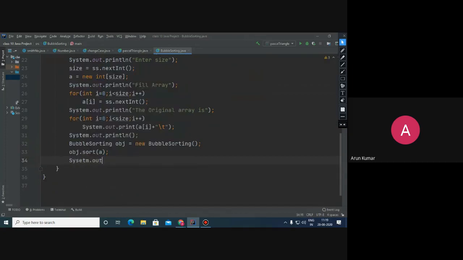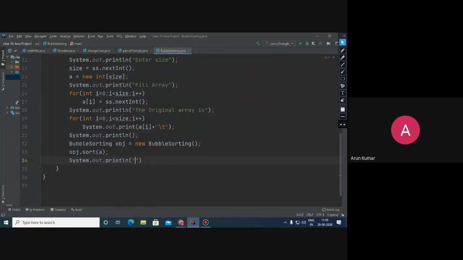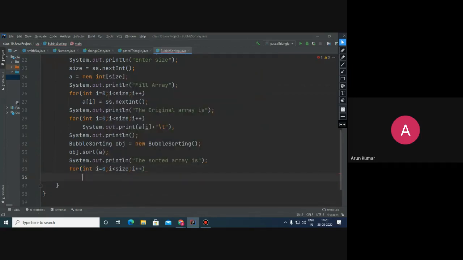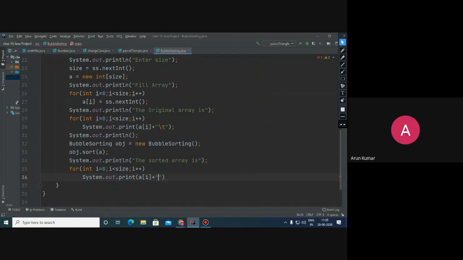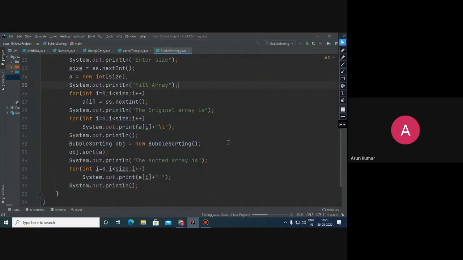And after that, the sorted array is this. Okay, so sorting we have done.